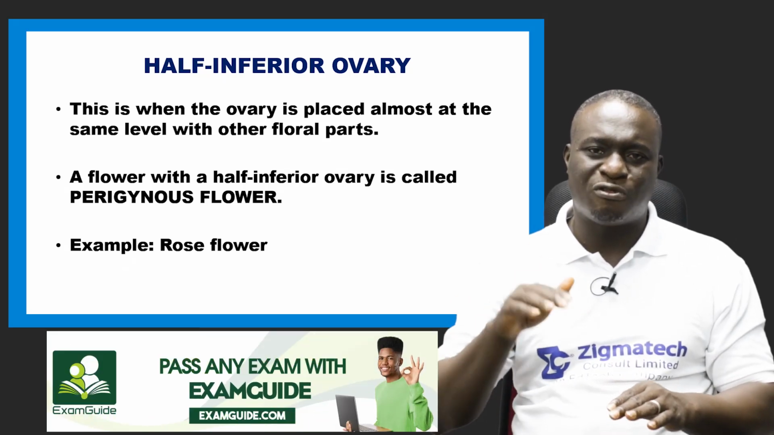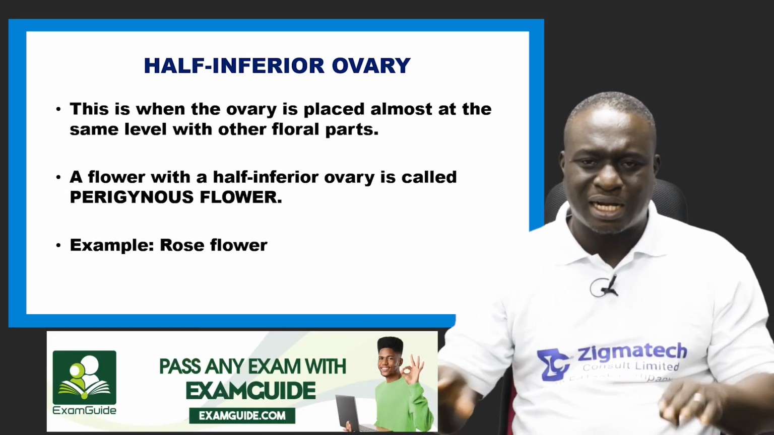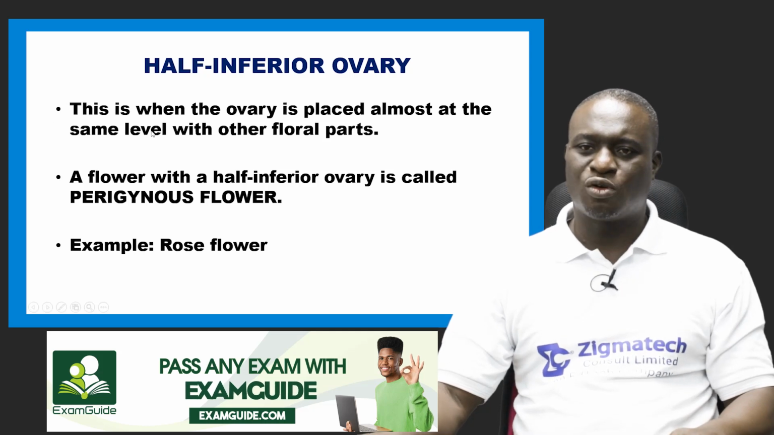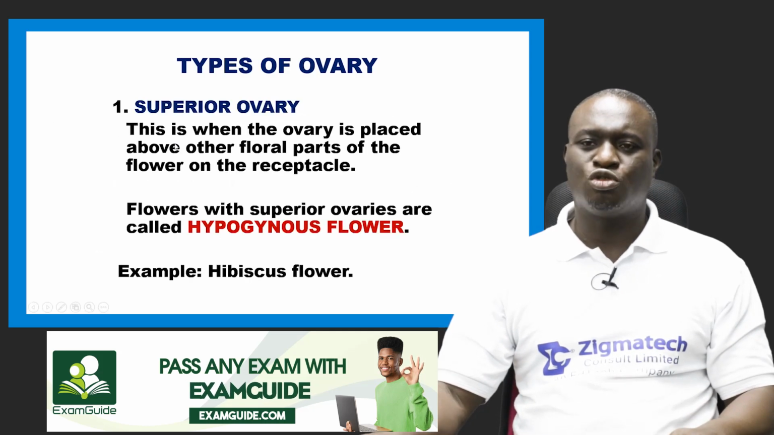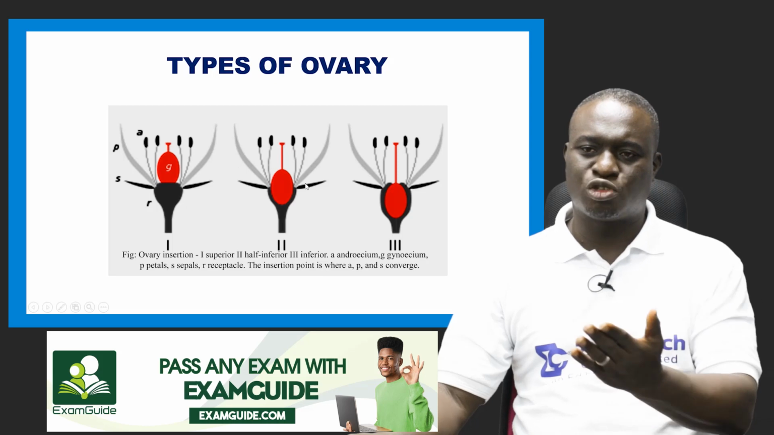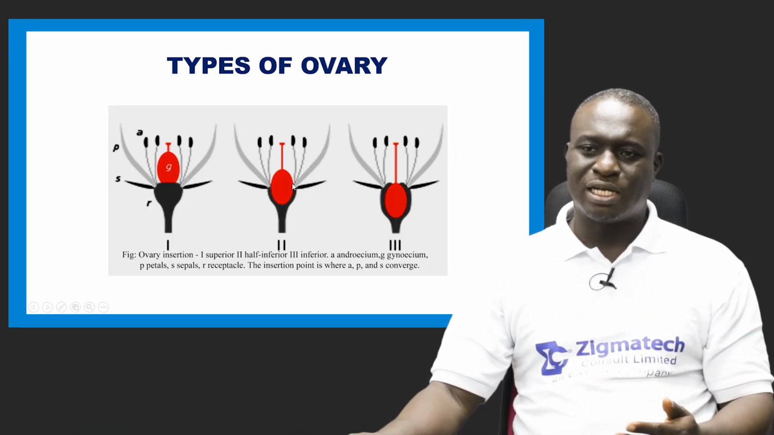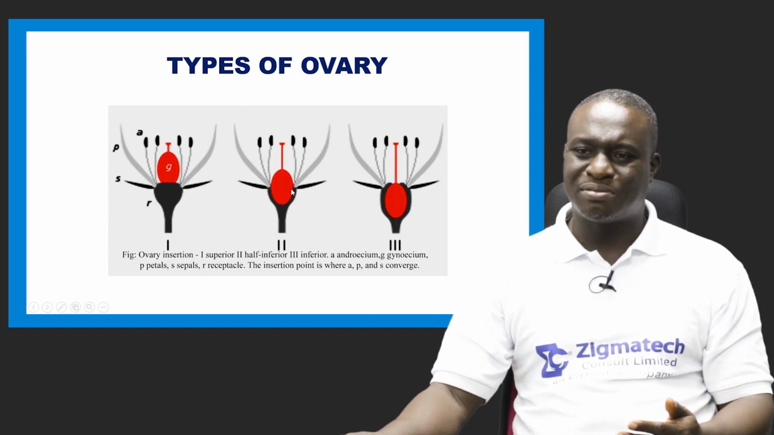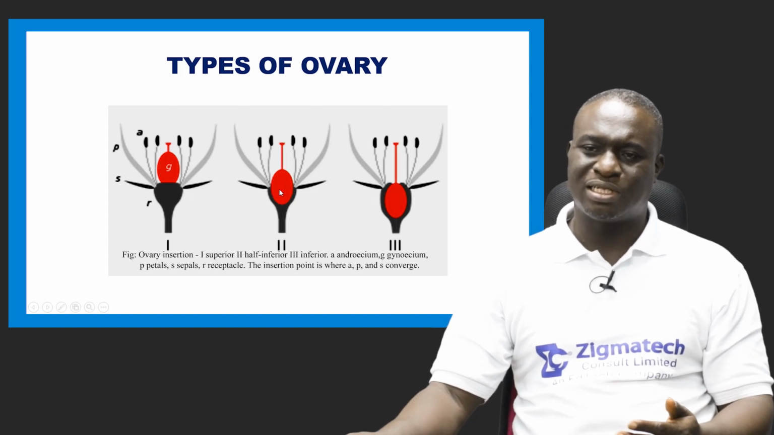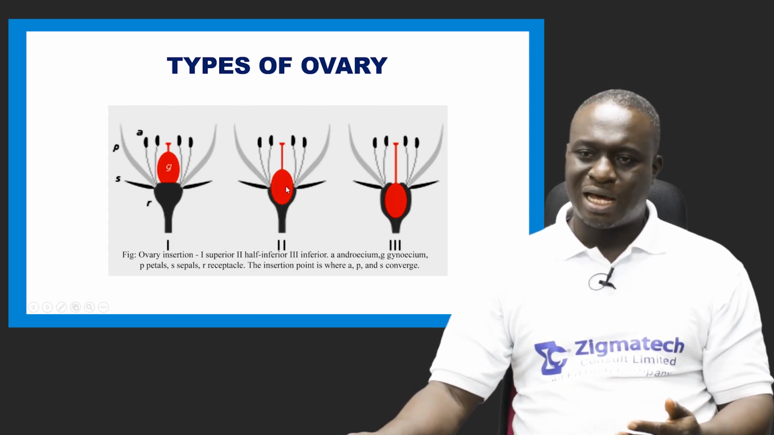floral parts of the flower on the receptacle. If we go back again to check the presentation, the pictures there, you can see this is the receptacle. So you can see that these other floral parts of the flower are on the same place, on the receptacle. All right. So that is